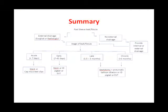So a lot of algorithms and summaries are there. Just to summarize a bit, for acute leaks less than 7 days, we would most commonly use either stents or clips. For early leaks, we can use a stent, but some studies have suggested that even for early leaks, drainage would be better. For late and chronic leaks, we have to use some endoscopic drainage procedure and not stents and clips. We can use any of these 3: